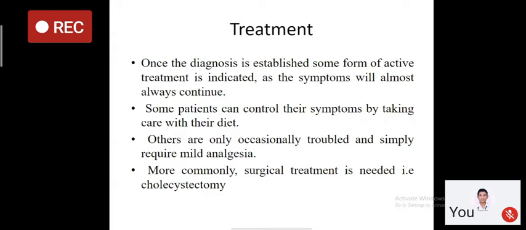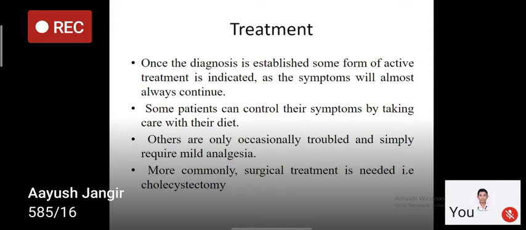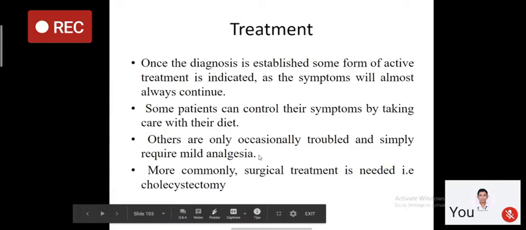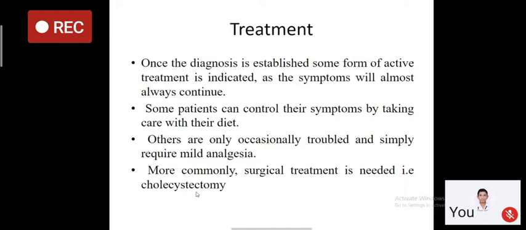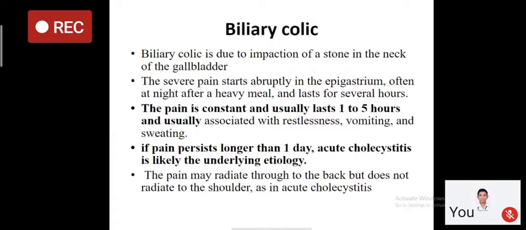You have to explain to the patient that with medicine you may feel better for now, but your symptoms will continue. So the main, or you can say permanent, treatment for chronic cholecystitis is always surgery. It is not conservative management. You can manage the patient conservatively for some time, but ultimately you have to do surgical treatment, and the surgical treatment is cholecystectomy. You have to do cholecystectomy in all those patients who are having symptoms of chronic cholecystitis.